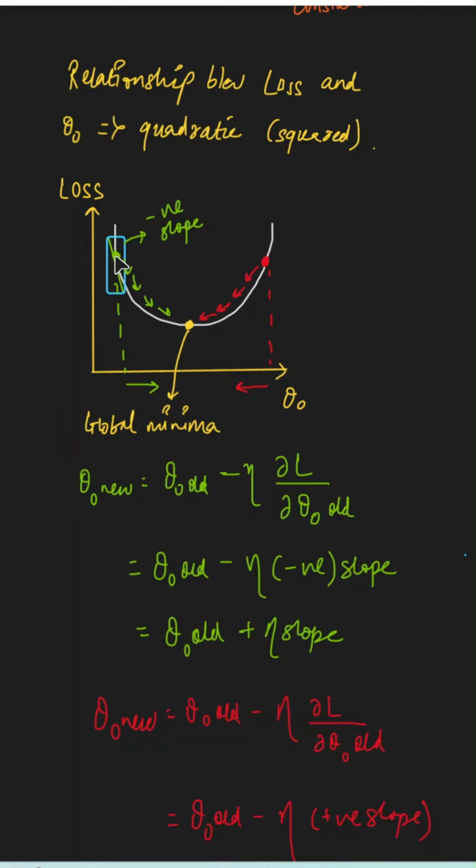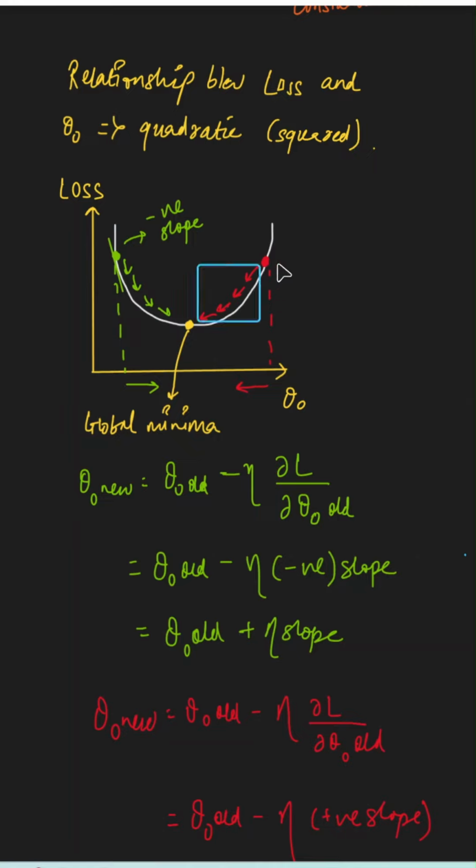If you try to find the slope of this curve at this particular random point, it will come out negative. Because the derivative is negative, negative multiplied by negative will be a positive number, which means we are adding something to this theta 0 value, and which is exactly what we need to do. If we are here and we need to reach this global minima, we will need to add some value to theta 0, and that's what gradient descent is doing.